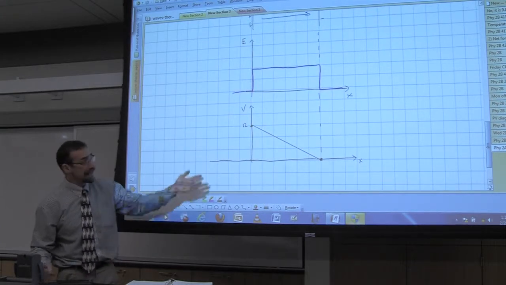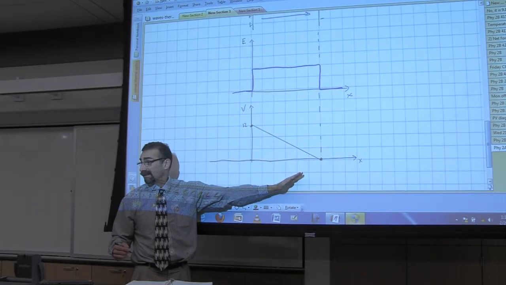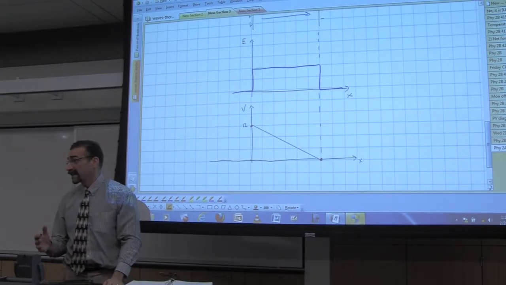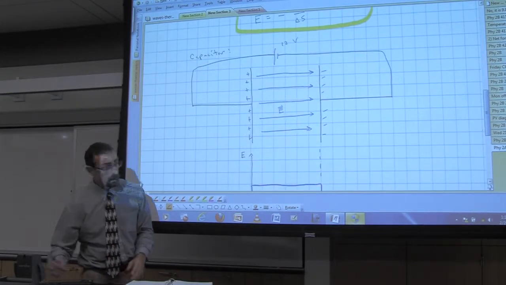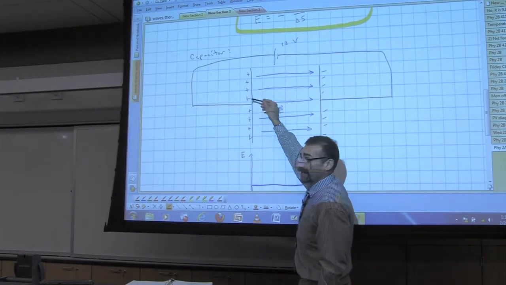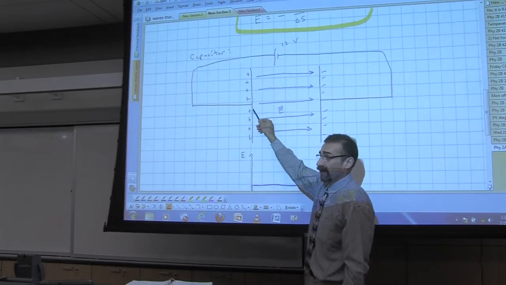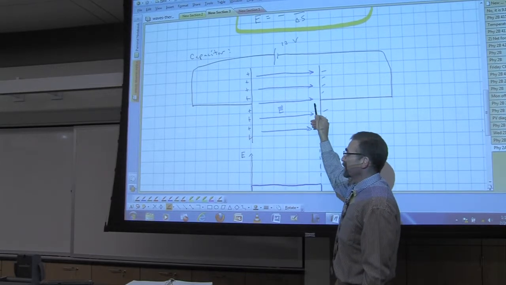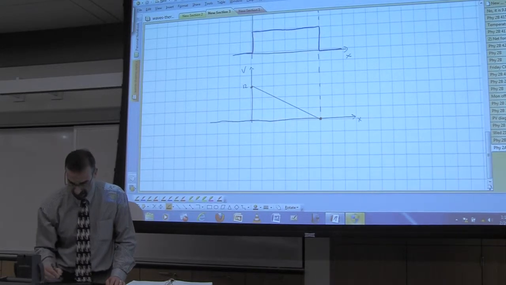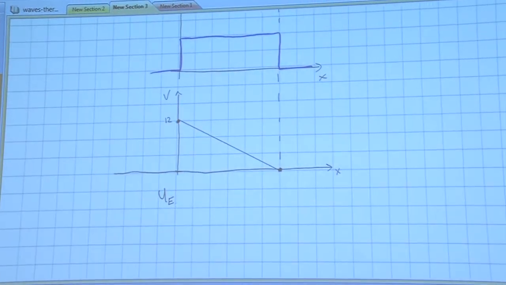And if we multiply it by a negative Q, what happens? It flips. It has the most potential energy when it's closest to the negative plate because a negative charge, if you put a negative charge in here and you released it from the negative plate, it would have a really long way to go before it hit the wall on this side. If you released it from here, it would hardly move at all before it hits the wall. So a negative charge has the greatest potential energy on this side. So let's just draw those in now. If this is our potential and we want to draw U, this would be,